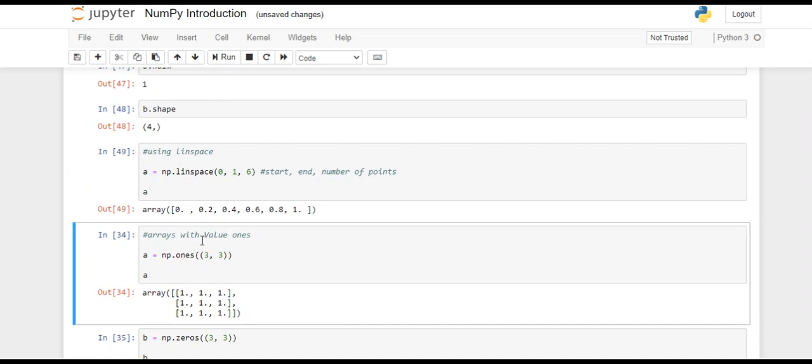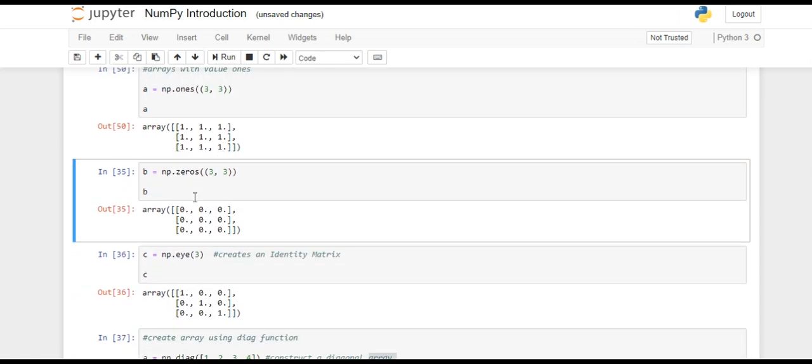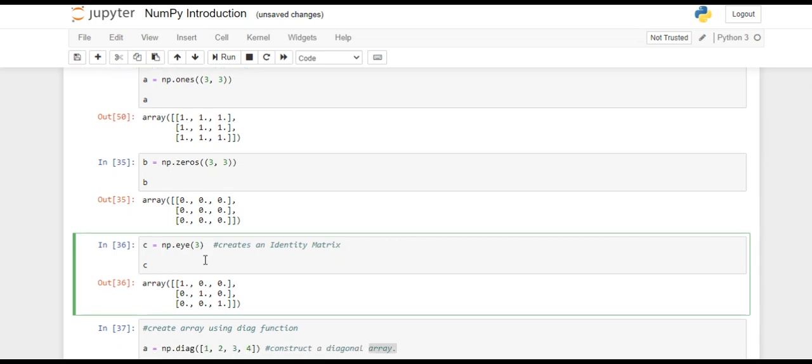Now, NumPy also provides the linspace function that is used to create a series of numbers in a specified range. Here, it creates a series of numbers which starts from 0 and ends with 1 and it creates 6 such numbers. The linspace is basically used to create a one-dimensional array. Now sometimes we also are required to create an array of ones. So we will use the ones function of NumPy. The ones function will take 2 arguments and depending on that it will create a matrix of ones.